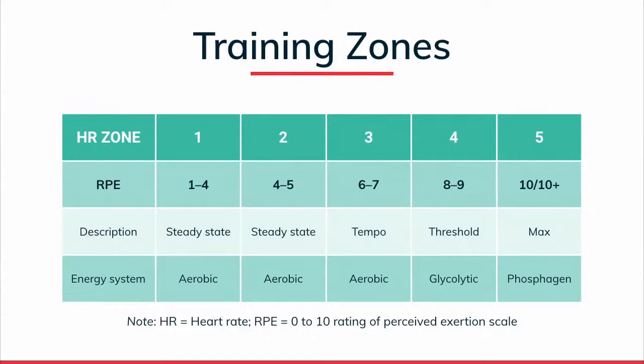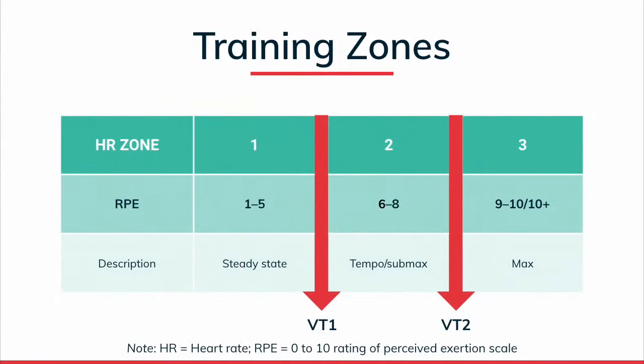So again, just an overview of how I would use these terms, and a chart very similar to this is what I would give my clients on that first day, go through it with them, figure out what makes the most sense to them. However, using 5 zones is more of an advanced technique, and again would be for somebody with a higher training age who knows their own gears, knows their own training zones relatively well. A simplified approach would be taking those 5 zones down to 3. So heart rate zones 1, 2, and 3, zone 1 being below VT1, zone 2 being between VT1 and VT2, and then zone 3 being the higher intensity beyond ventilatory threshold 2.